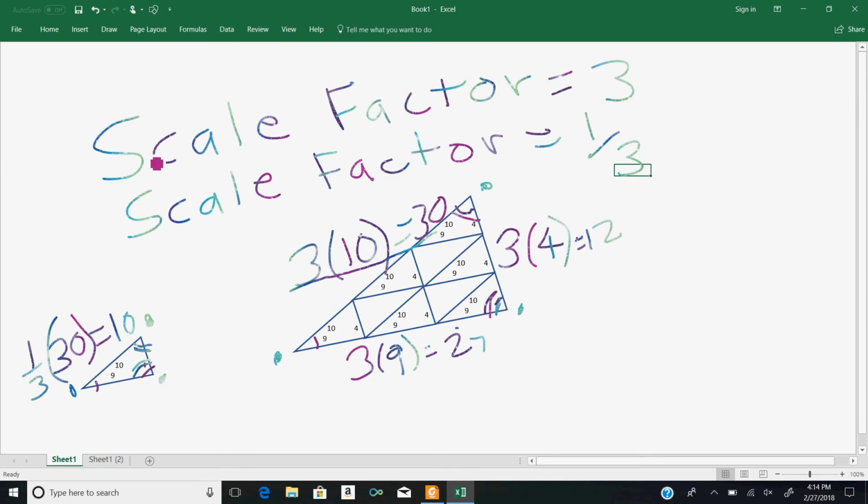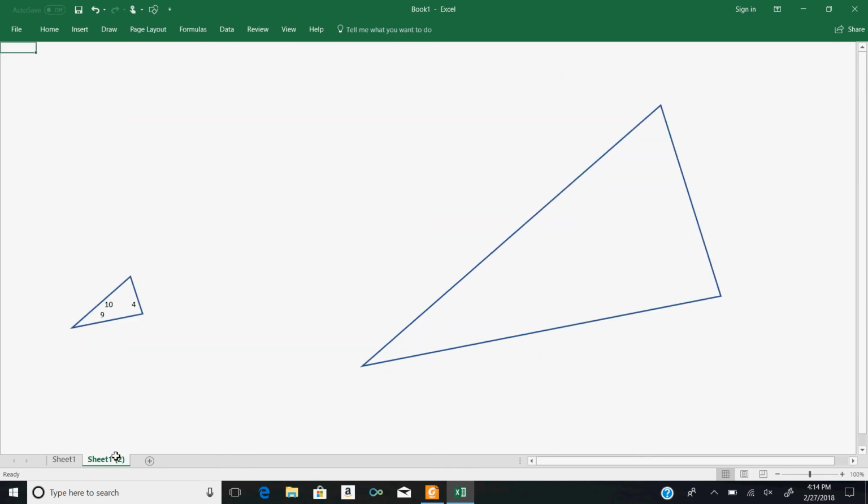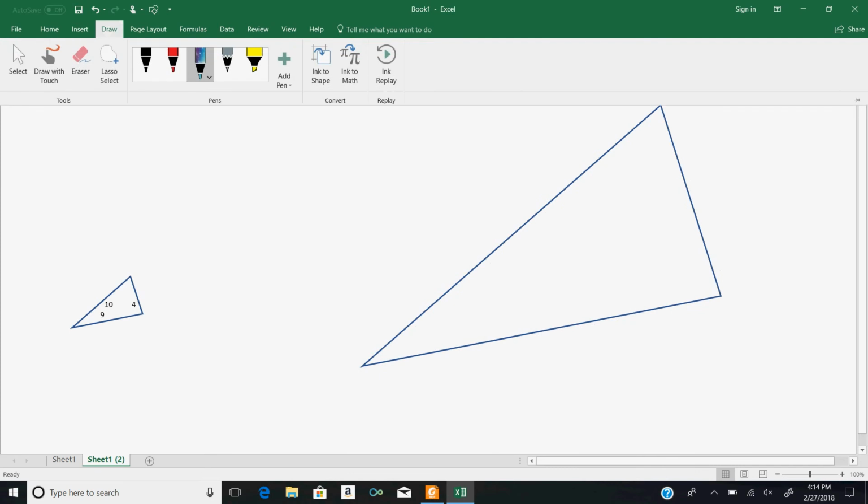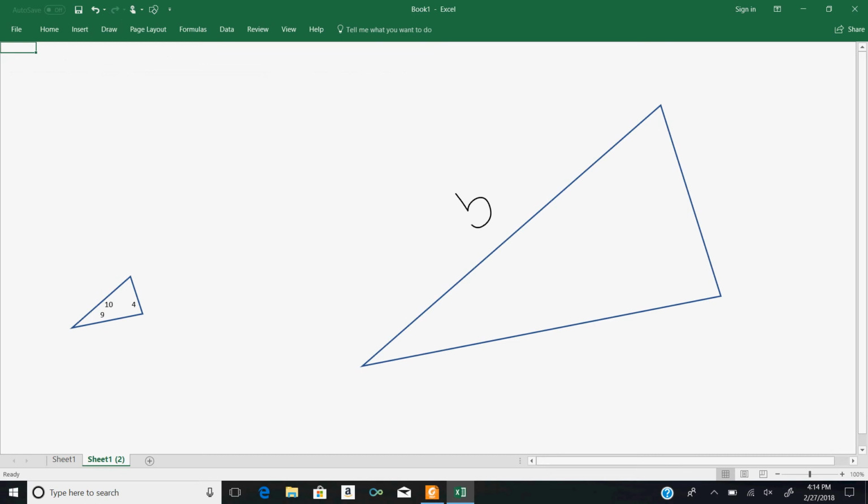And I'm going to demonstrate that with another set of triangles. I still have that same small triangle, but now I have a big triangle, and I can see it's even bigger than 3 times. So I happen to know that the side of this triangle is 50. So to find my scale factor, I have to see how many triangles